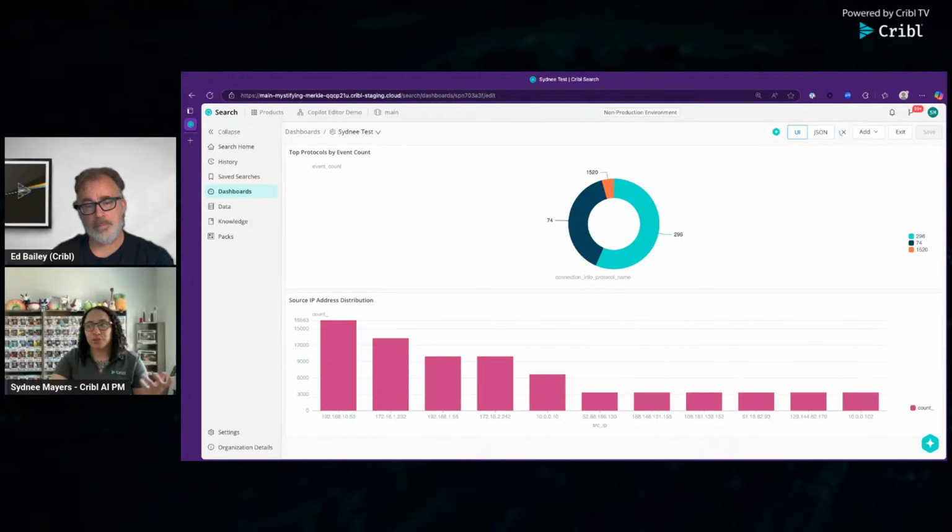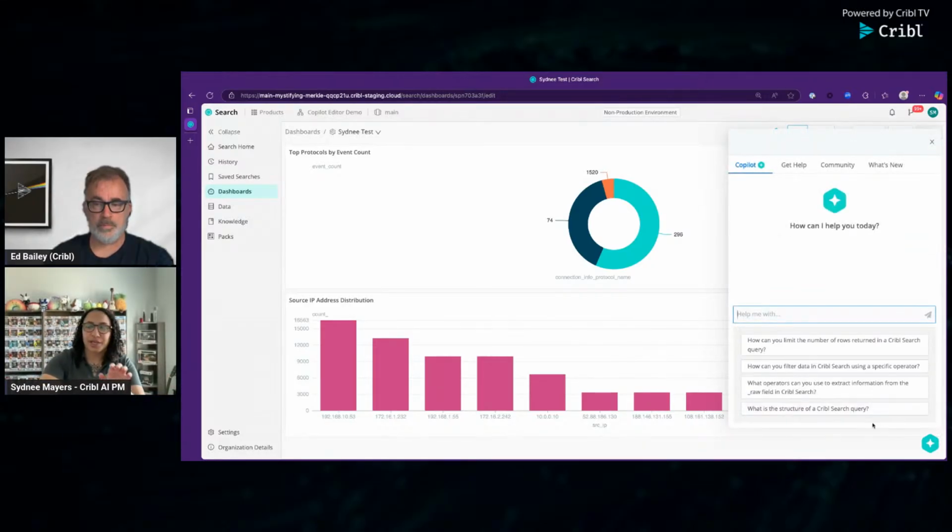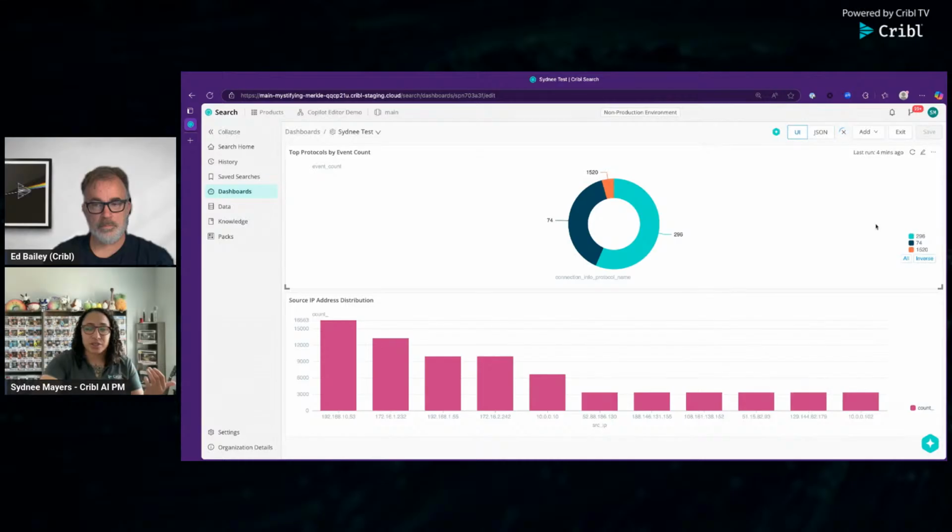Yeah, so you can go a couple of ways. If you wanted to leave feedback directly, you can technically leave feedback through Copilot. You do have to ask a question first, but it does have a thumbs up, thumbs down, and then you can say specifically what you were looking for. So that is one way we do capture and collect that feedback, review it very often, usually a couple times a week. The fastest way to get to me is through Cribl Community.